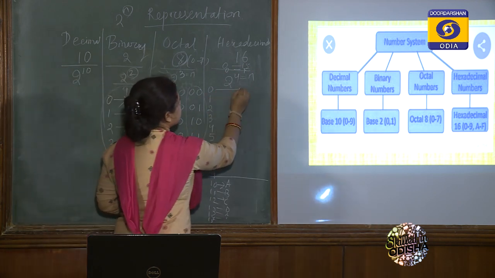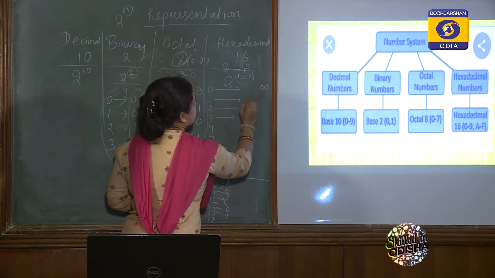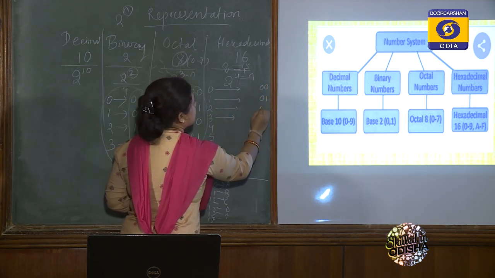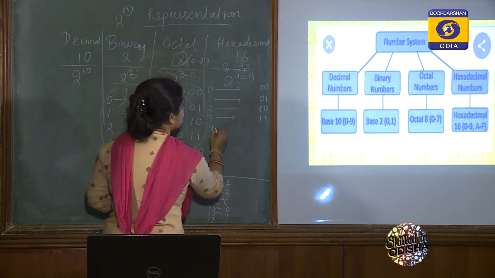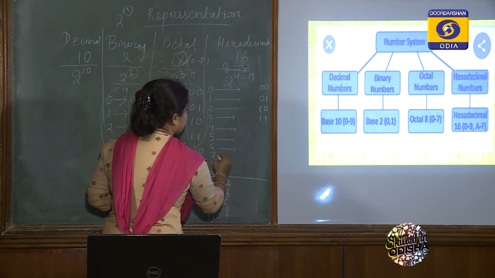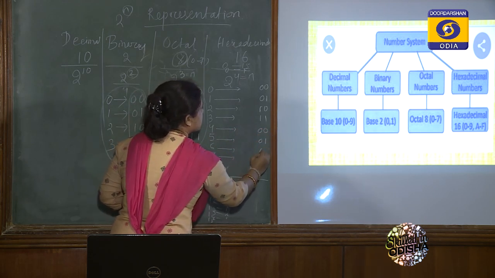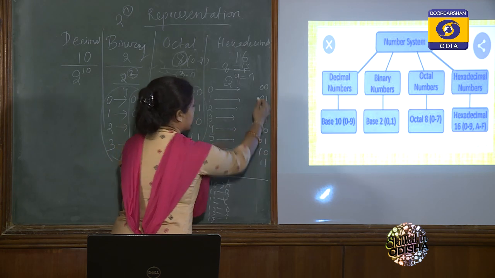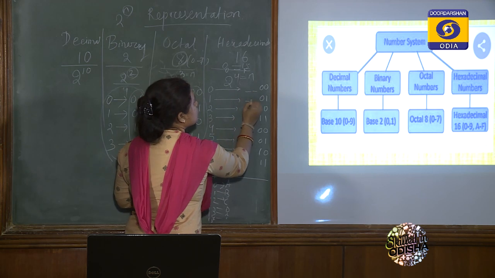How will it be repeated here? So 1, 2, 3. This is 0, 0. This one will be 0, 1. This one will be 1, 0. This one will be 1, 1. Okay. So again, this one will be like this: 0, 0, 0, 1, 1, 0 and 1, 1. We have to write in this way. But how to fill these two bits?